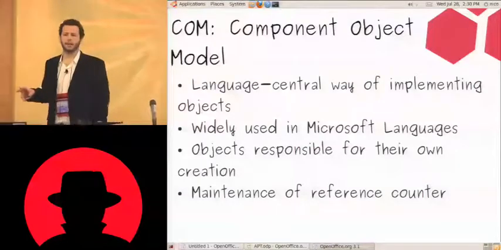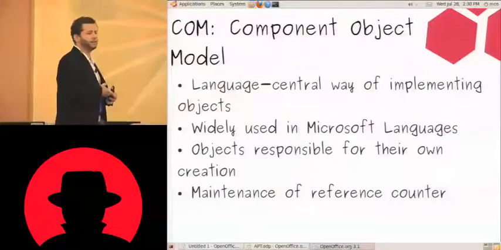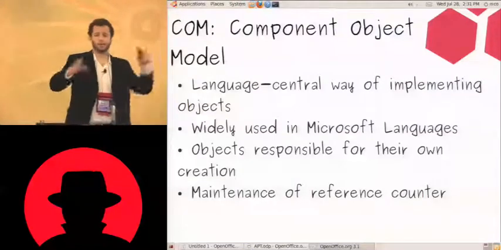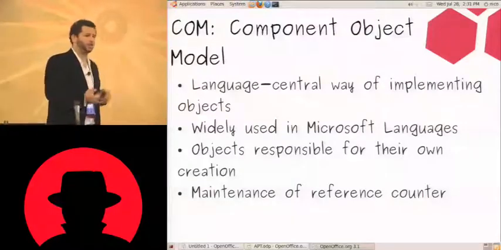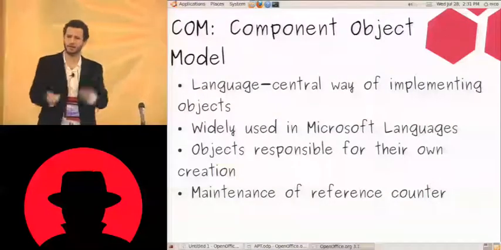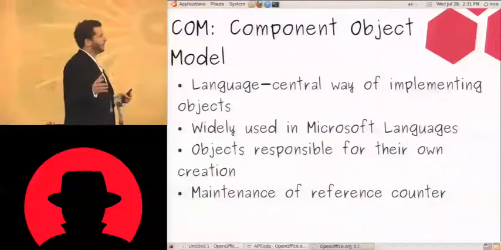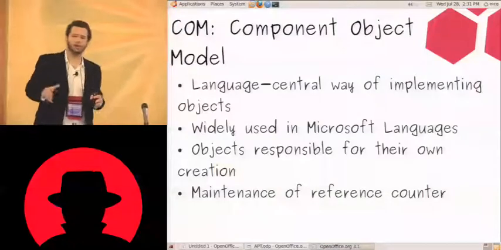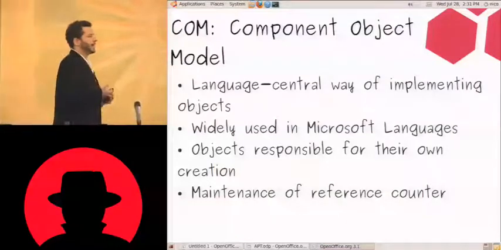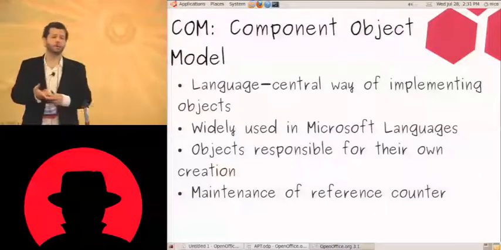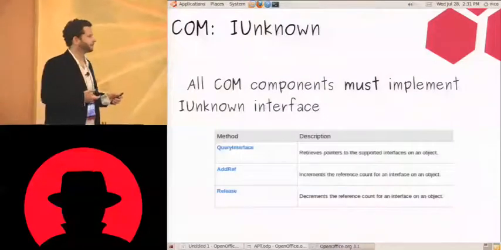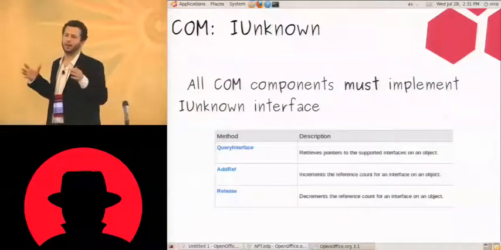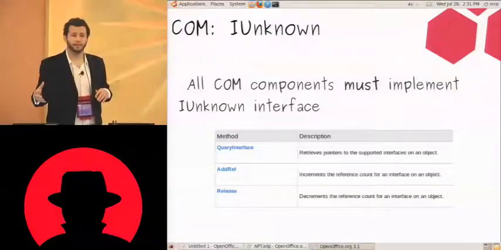The thing about COM is that they only have two requisites. Basically, the objects are responsible for their own creation. The idea was, let's make a way to create objects that we can use on C#, C++, Visual Basic, JavaScript, generically. And the response to that was the COM object. So originally, the COM object has only two requirements. First one, it has to maintain its own reference counter. And the other one, it is responsible for creating itself. And basically, what makes a COM object is that it has to inherit from the IUnknown interface. The IUnknown interface